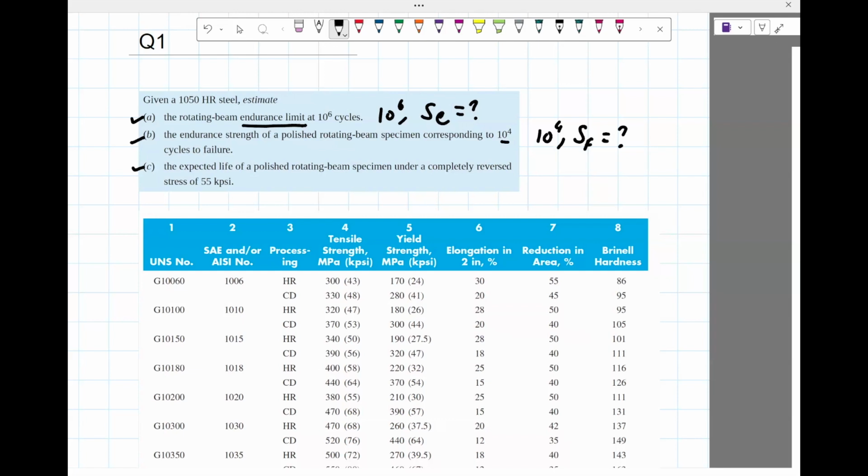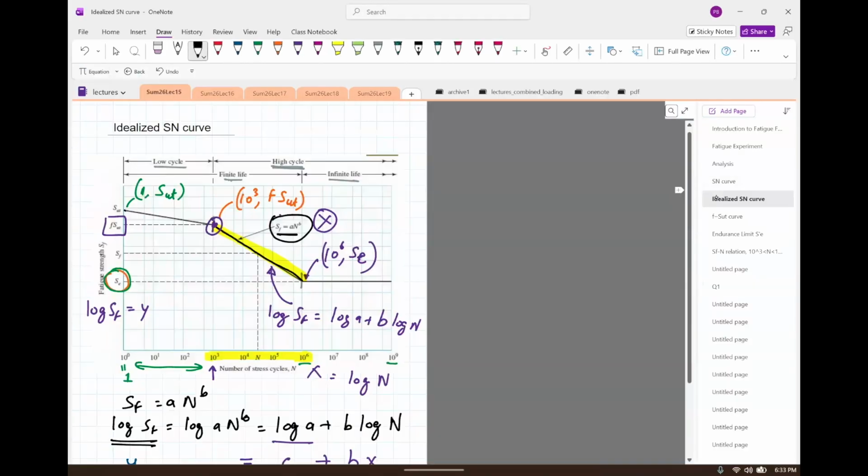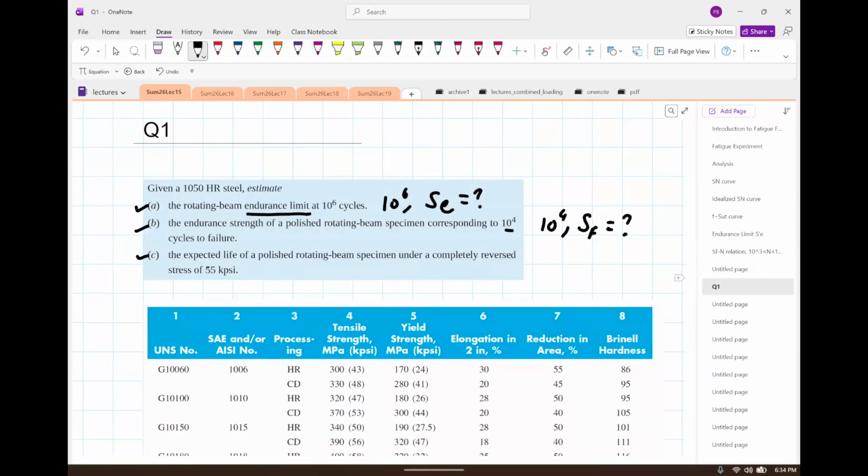Okay, because if you go back to this figure, you'll see that anything above 10 raised to 6 is SE, and anything between SC and SUT, between any of these cycles from below 10 raised to 6, is going to be SF. SF is some general point here. So SF is unknown. And then finally, expected life of a polished specimen. So life means N